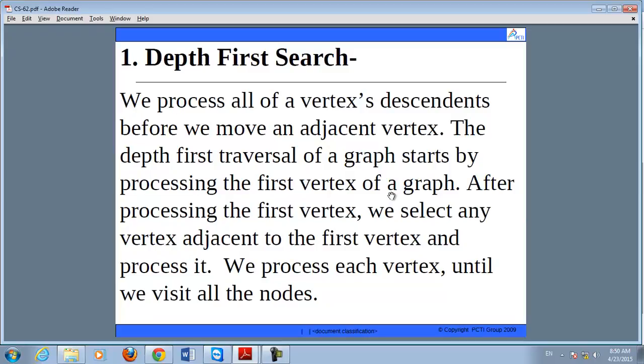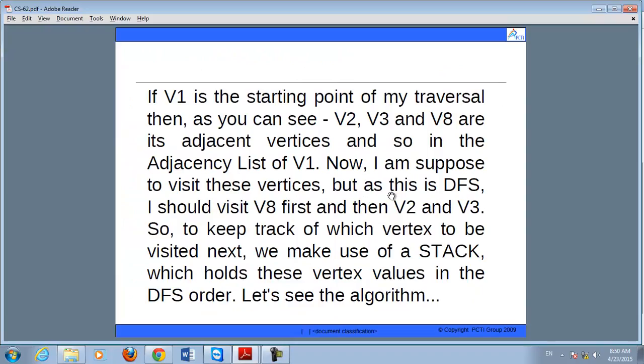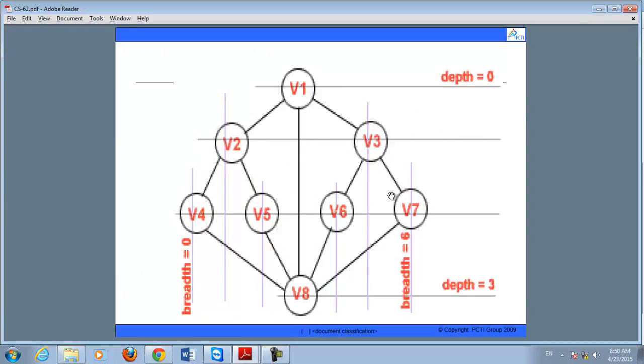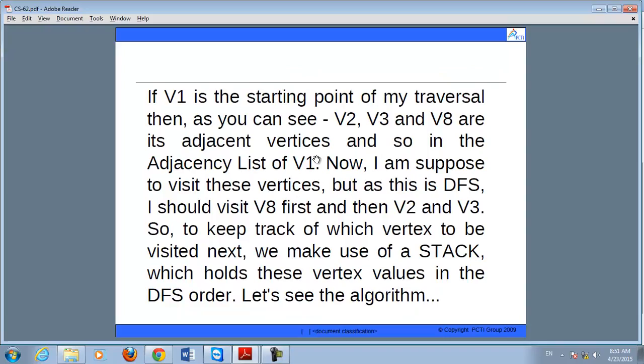And we process each vertex until we visit all the nodes. Here, if V1 is the starting point, then we reach all the vertices in depth, meaning all the vertices are visited till the depth of that vertex.